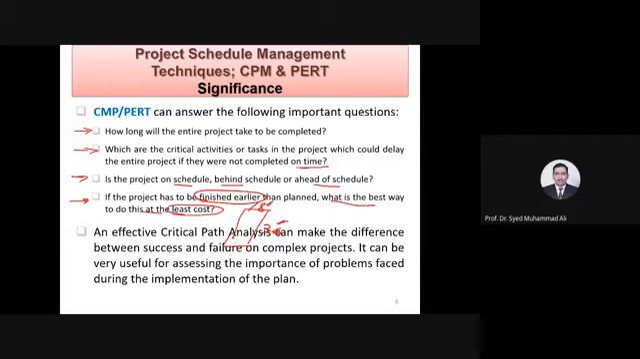An effective critical path analysis can make the difference between success and failure on complex projects. So when the projects are complex, critical path analysis can save you from failures. You can see and watch and analyze and have a control on various activities of the project which are happening. It can be very useful for assessing the importance of problems faced during the implementation plan. Please keep in mind,